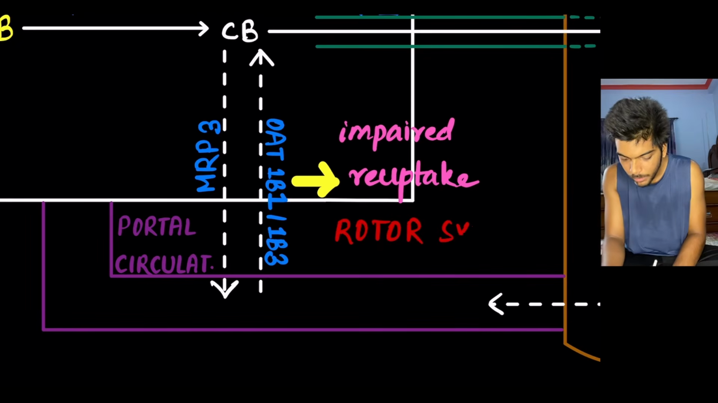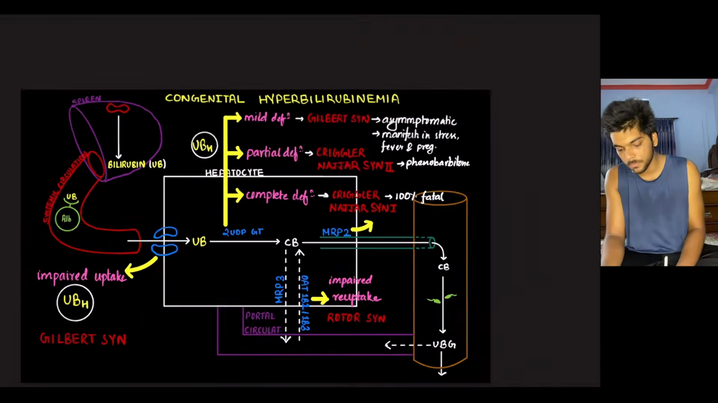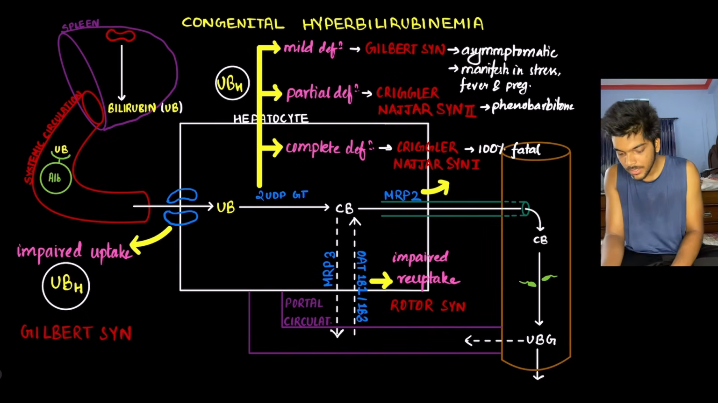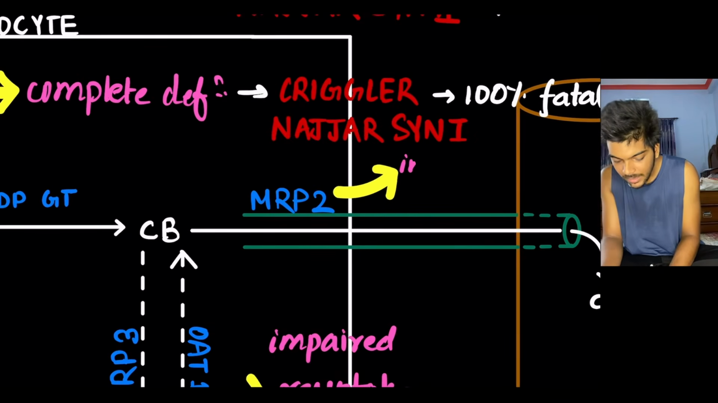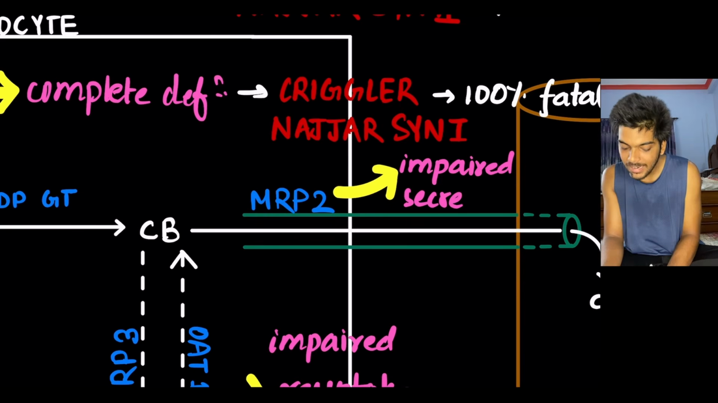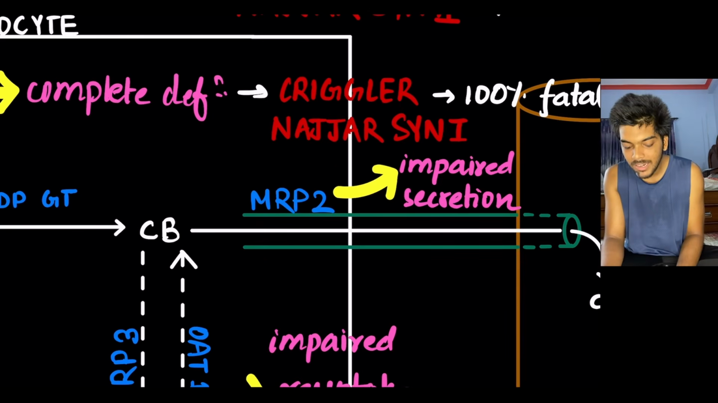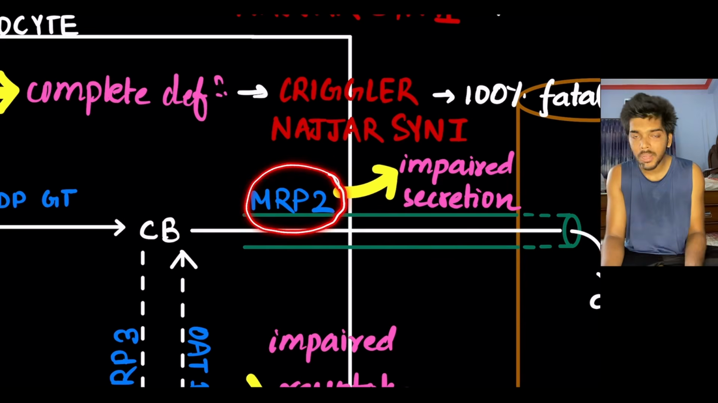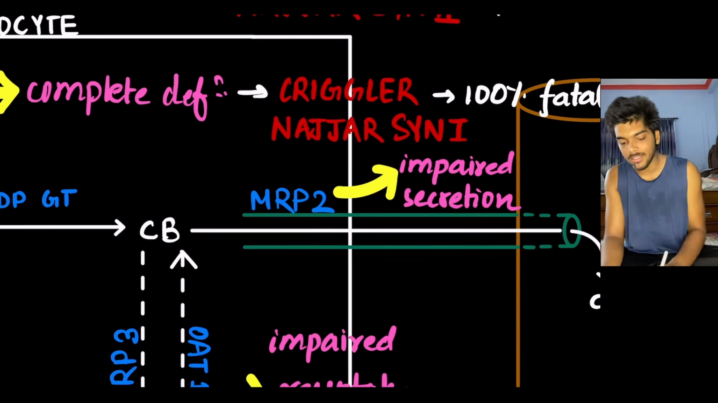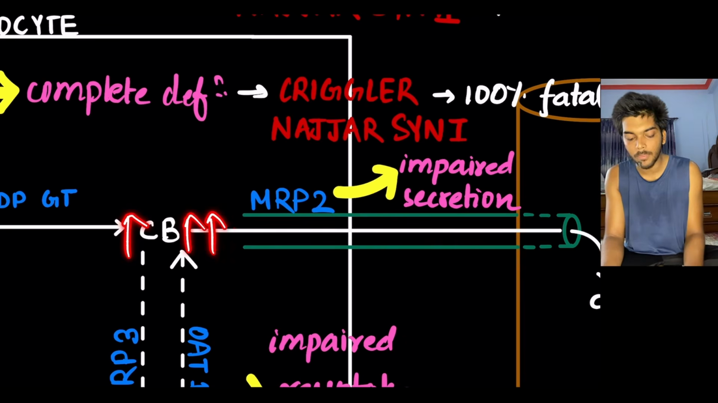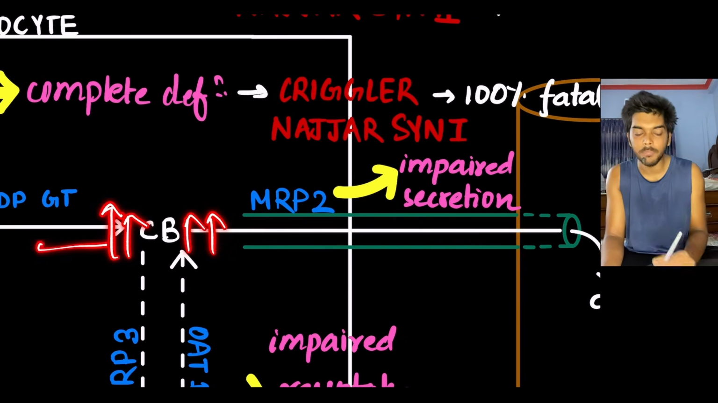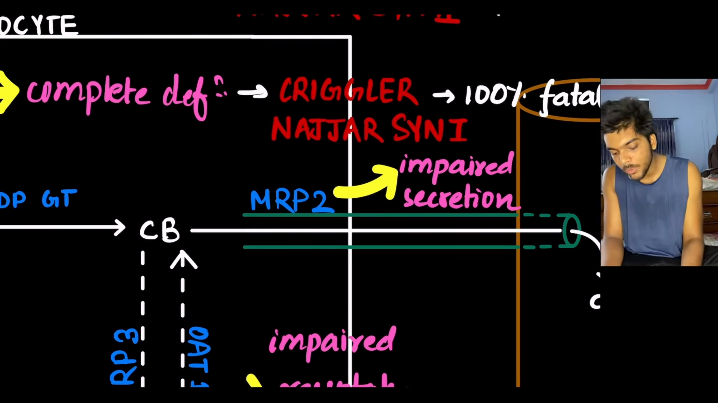Rotor syndrome. How can you remember? See, O for OAT, and there are two O's in Rotor syndrome as well. And finally, there is impaired secretion. After the production of conjugated bilirubin in hepatocyte, it gets secreted into biliary canaliculi with the help of transporter multi-drug resistant protein 2. Mutation in multi-drug resistant protein 2 leads to impairment in secretion. As a result, accumulation of conjugated bilirubin in hepatocyte takes place and it gets pushed back into blood circulation. Such mutation is seen in